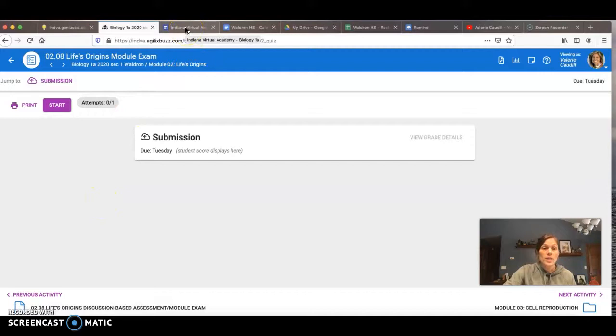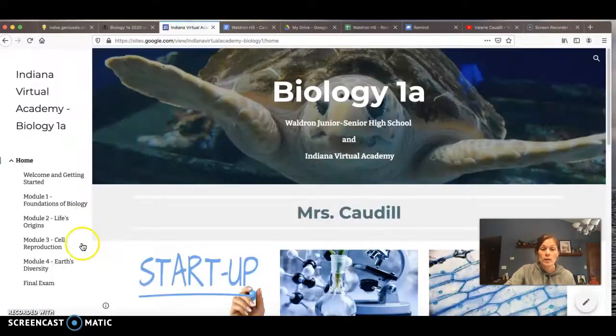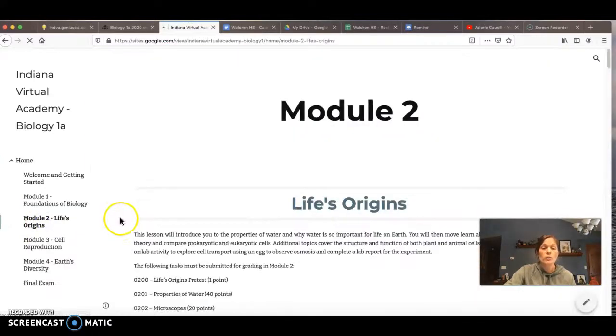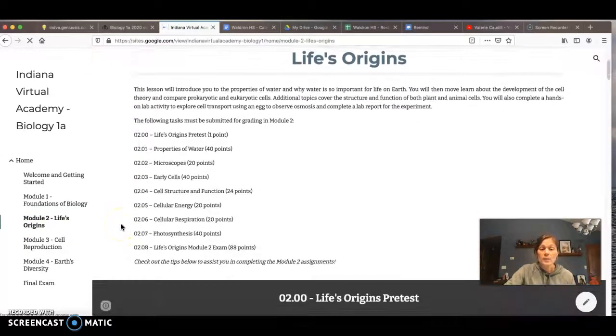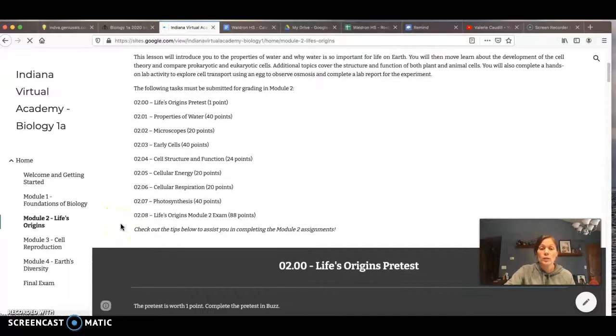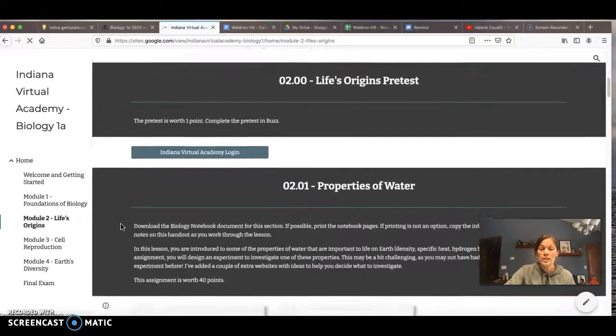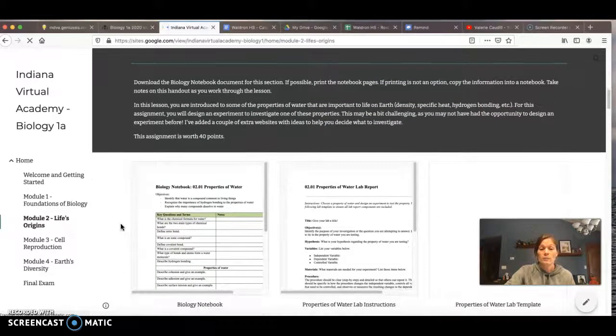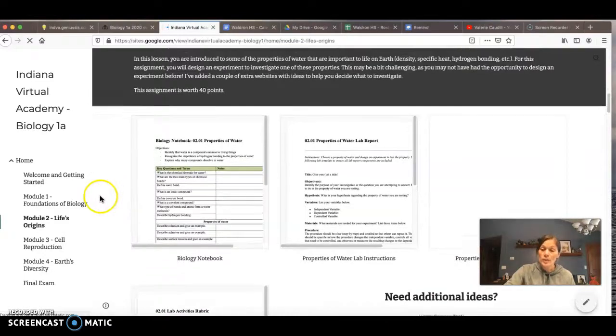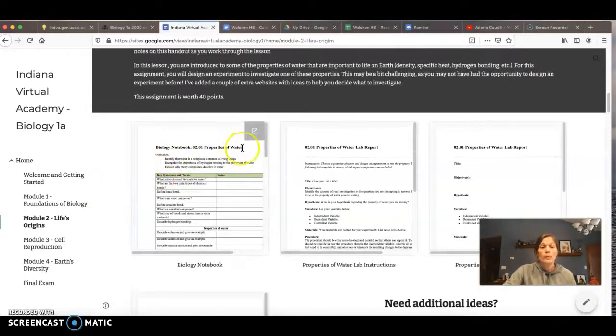Now before we get to that, I'm going to go over to our supplemental website here, our extra Google site. I'm going to click on Module 2, and remember, here gives you a little introduction to all those lessons that you had to do in Module 2. So some things I want to draw your attention to. Remember, we had notes pages for every lesson. Okay, you have a biology notebook